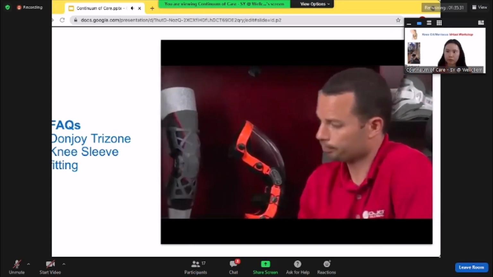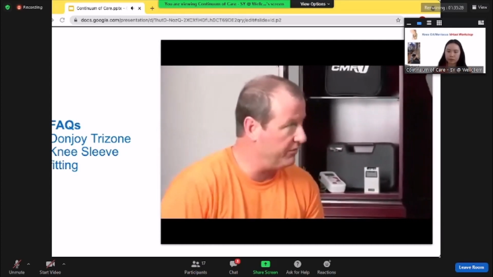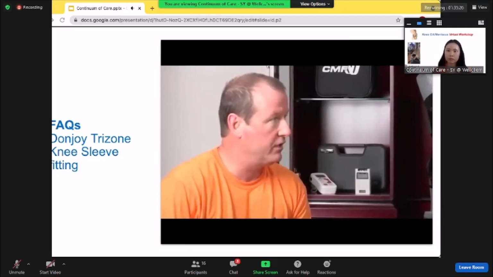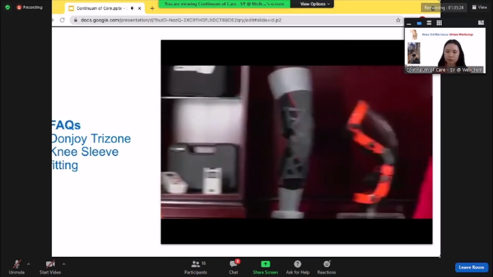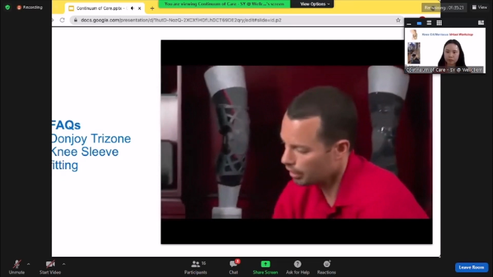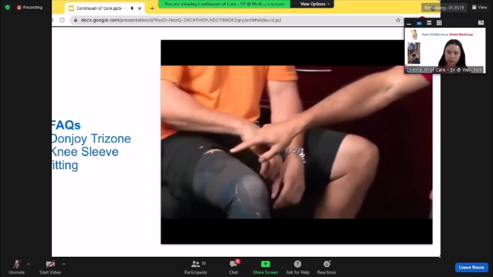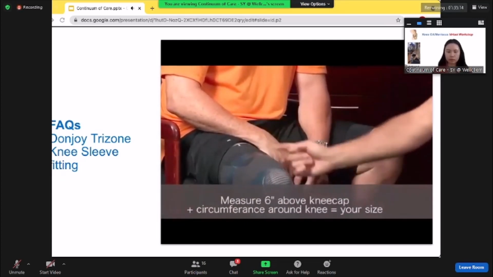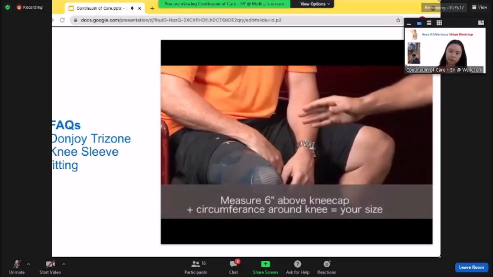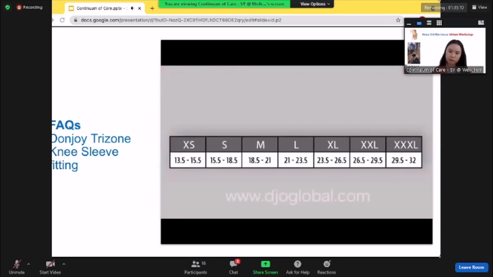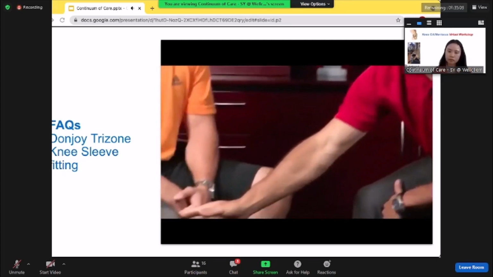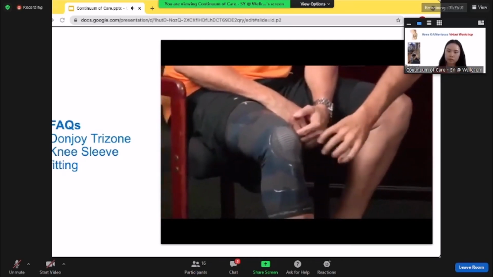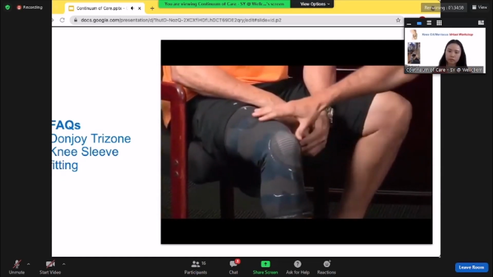So when you're figuring out what size, what's the best way to figure out what's tight enough, too tight? How do you figure out the sizing on this? That's a good question. So on the thigh portion, you're going to measure 6 inches above your kneecap. Move 6 inches up. You're going to take a circumference around, and that'll give you the measurement. Refer to our website sizing chart, and then you'll get the sizing that you need for your particular leg. Once you receive the brace, you'll notice that it is a compression garment, so it'll fit nice and snug around the calf, knee, and thigh.